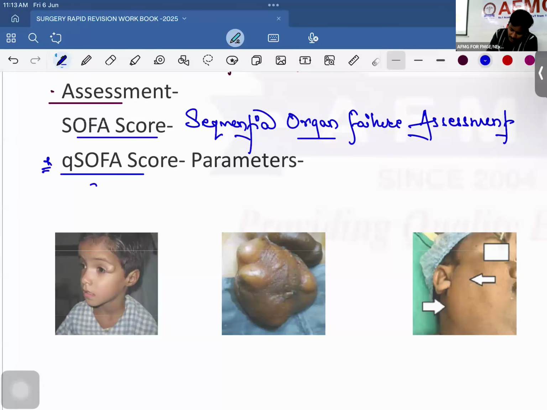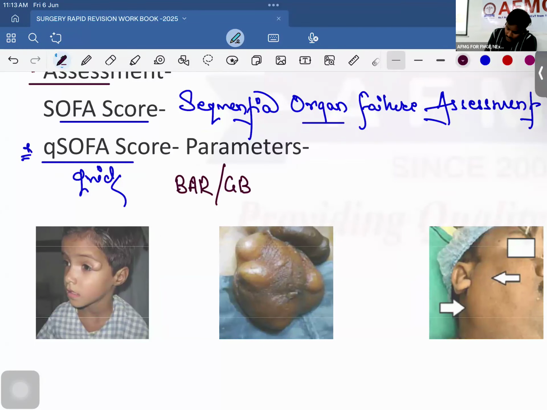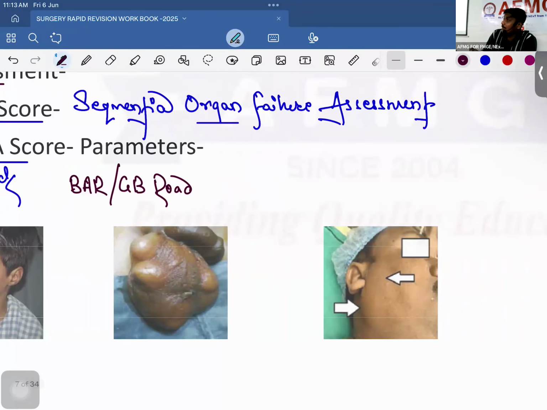In qSOFA score, Q stands for quick. So qSOFA score means a quick sequential organ failure assessment score where only 3 parameters are going to be included. Those parameters are remembered by the mnemonic BAR or GB road. Okay. Important is if I talk about BAR, beta, so B stands for systolic blood pressure less than 100 millimeters of mercury. A stands for